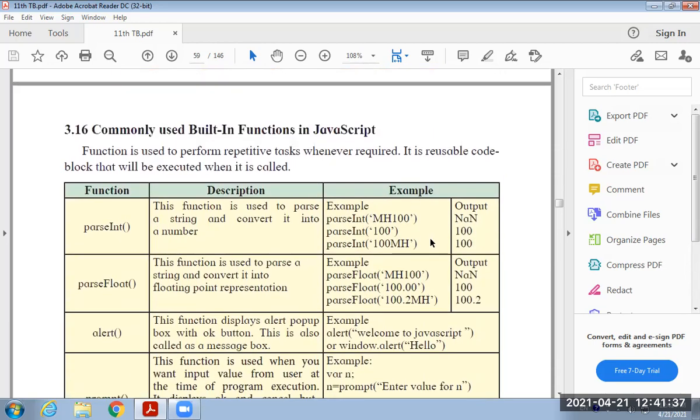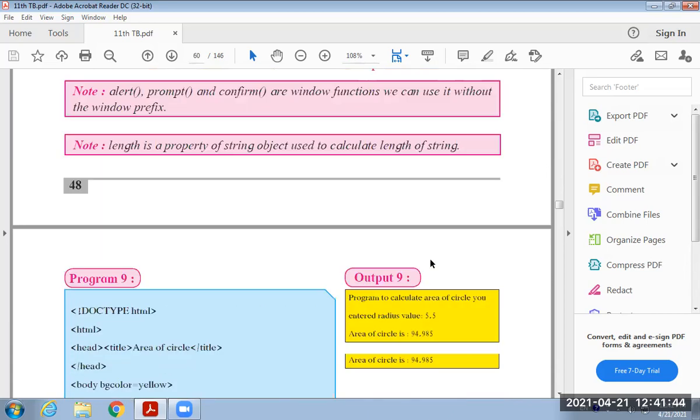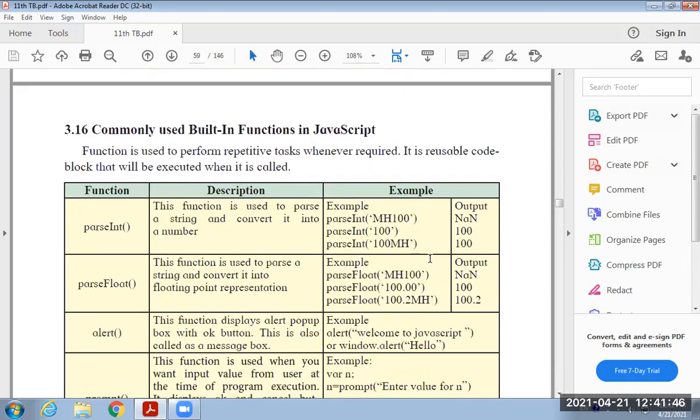Then the next part is functions, commonly used built-in functions. In JavaScript, or in any programming language, two types of functions are used. The first type is the built-in function and the second type is the user-defined function.